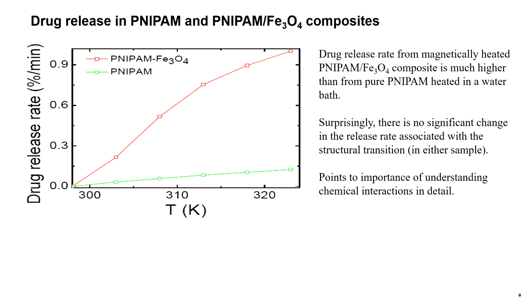So drug release in PNIPAM uses dendrimer and ferrofluid composites, and the drug release rate from magnetically heated PNIPAM ferric oxide composite is much higher